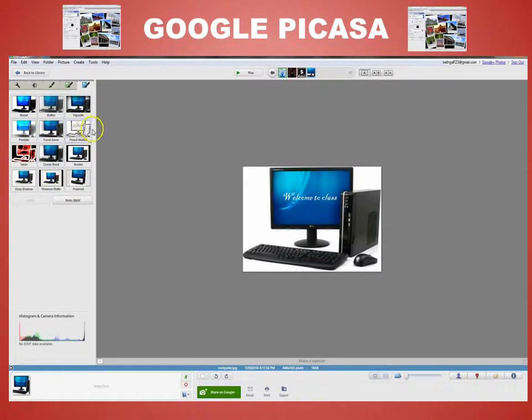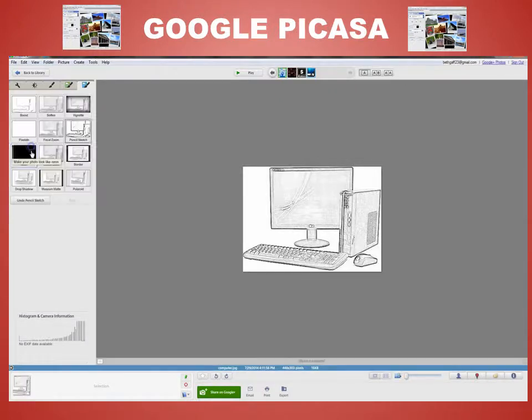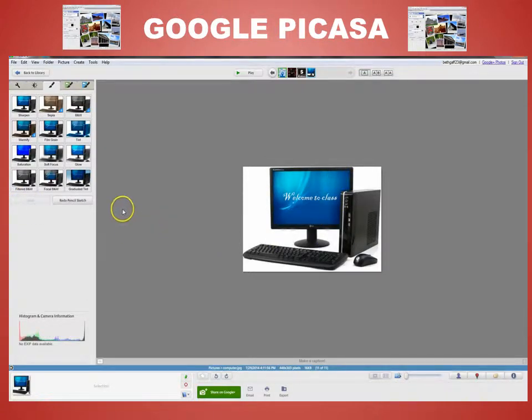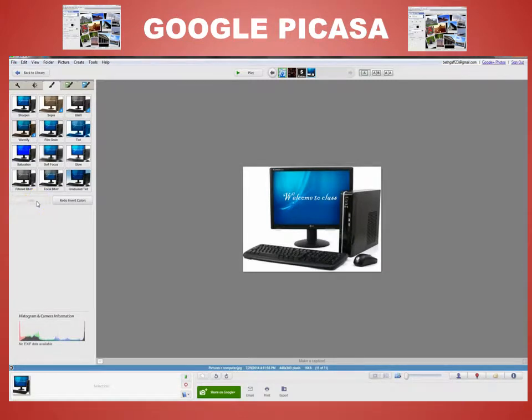All right. Now, keep in mind that when you go to do this and you apply an action, so for instance, let's say I chose that I wanted the pencil sketch, and I applied that action. Now any option I get now is always going to involve my pencil sketch. So I can undo my pencil sketch and I'm right back to where I started. So let's say that I wanted to do the inverted colors. Now every option I have will have something to do with the inverted colors. Okay, so it's just kind of fun to be able to go through Picasa and try getting around the program,